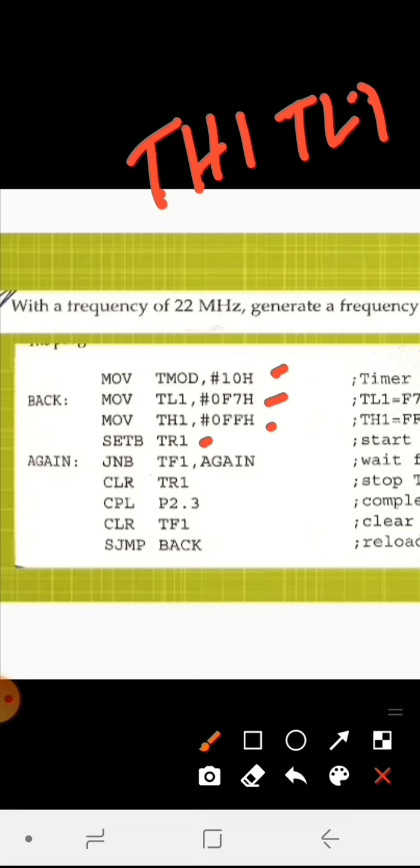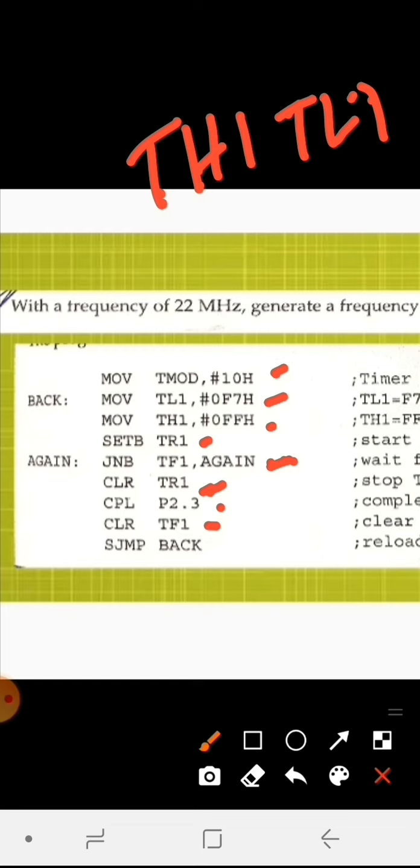Again we keep checking the status of the overflow flag, continuously, so that once it becomes 1 we can stop the timer. Once it has become 1, you clear your timer and clear TF1. Here we say complement P2.3 because we want the higher portion and lower portion to toggle. That is why we use complement.